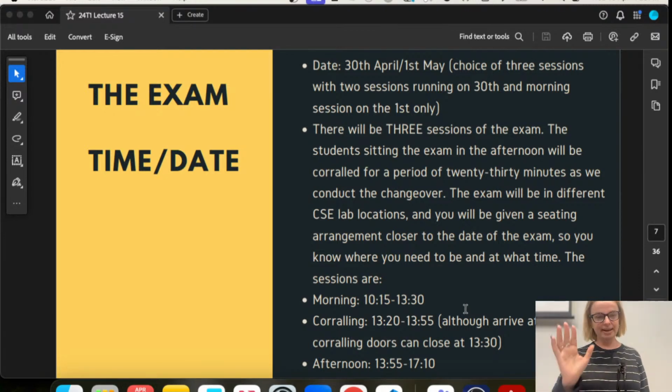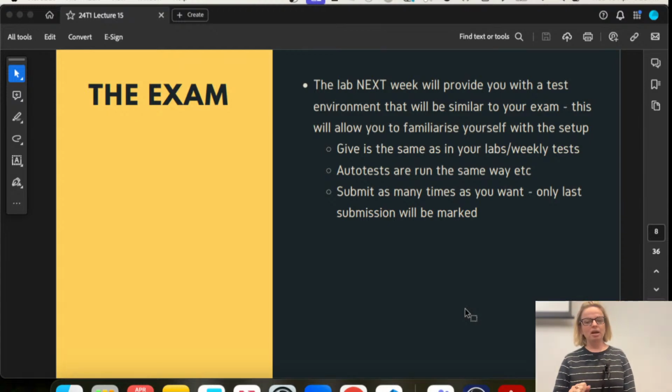So again, excitement galore. There is a lab next week, obviously, your usual lab, but that will give you a practice exam. What it will also do is that practice exam will be in our actual exam environment. That means that the practice paper will be similar to the one you'll be sitting. The environment will be exactly the same. You will get to practice how to use the environment, and we will make sure that you're able to submit the exam with no problem, submit your questions.